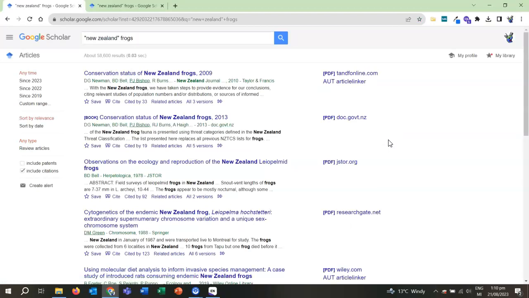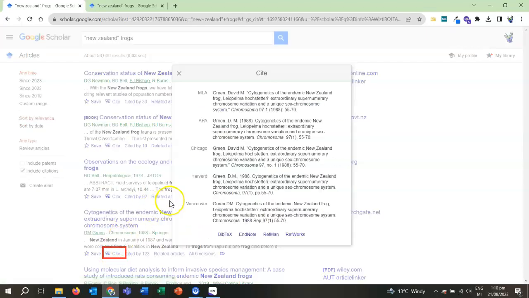If I want to export a number of references at the same time, I need to be logged in with a Google account. Then I can click the star icon next to each item to save them to my library, and then export them all at once. However, if I just want to export one item at a time, that's easy. I click the Cite button under the reference I want. Google Scholar shows me some reference examples, and underneath them there are some export options. I choose EndNote,